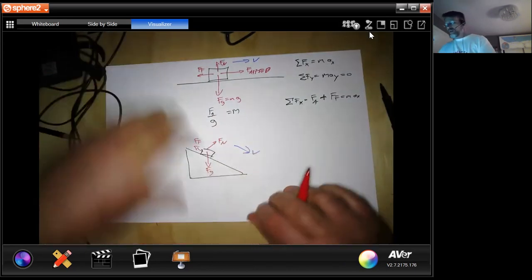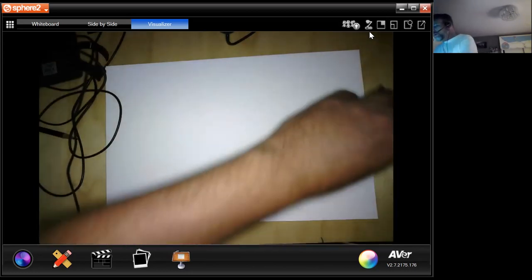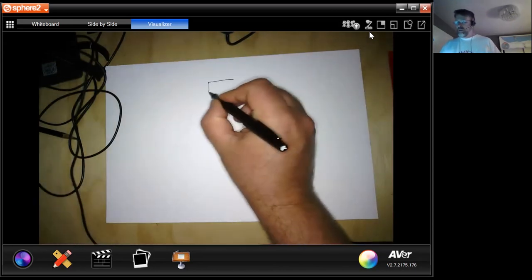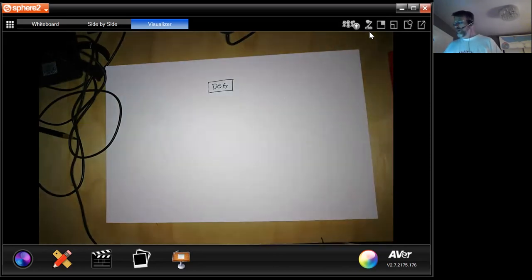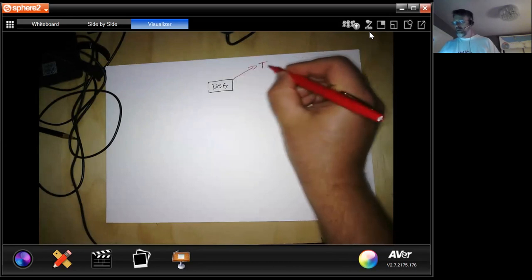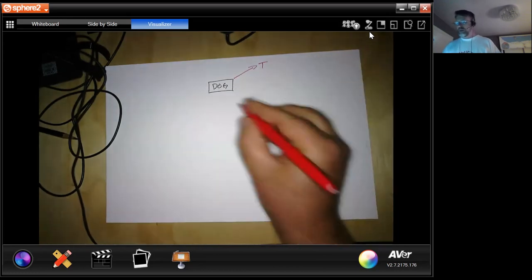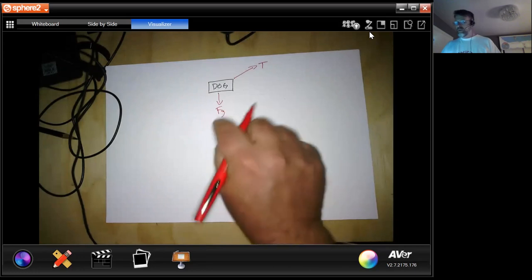And in terms of drawings, I also did one of the homework questions. Now, I'm a physics teacher and not an artist, so this is my dog. The dog was on a leash, so we had tension, or a force on the string from the leash. Again, force of gravity pulling down,